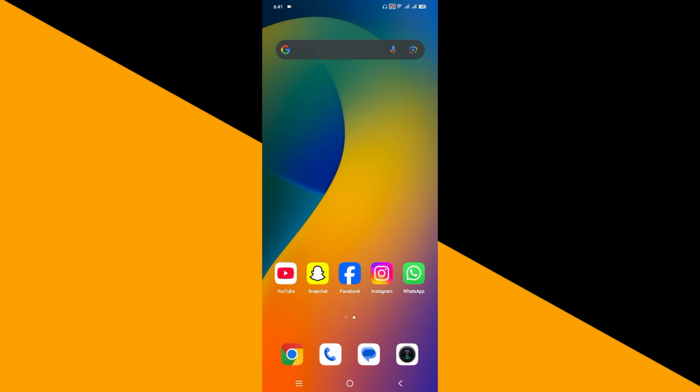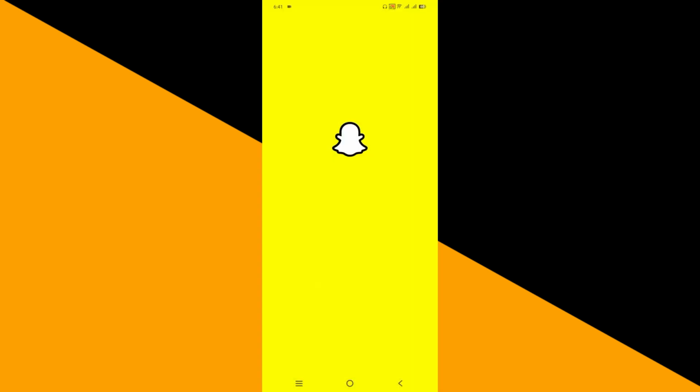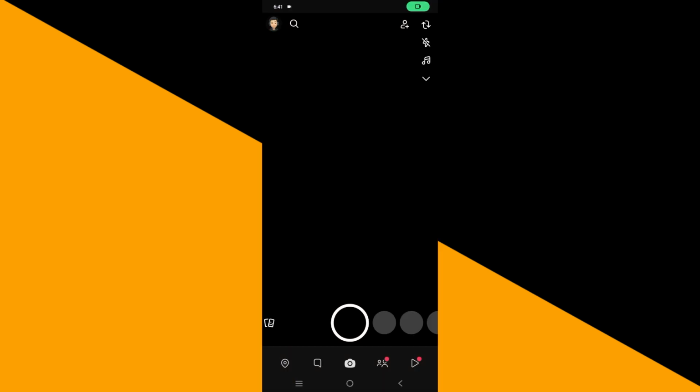Today I will tell you how you can easily stop random people from adding you on Snapchat. That's quite simple, interesting and easy, so make sure to watch the video till the end so you don't make a single mistake. So first of all, open up the Snapchat application on your phone and then you'll have to tap